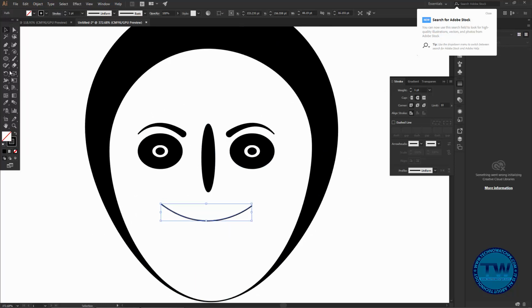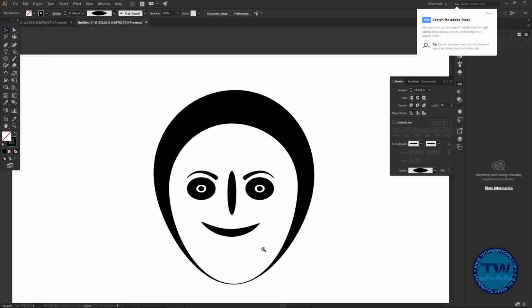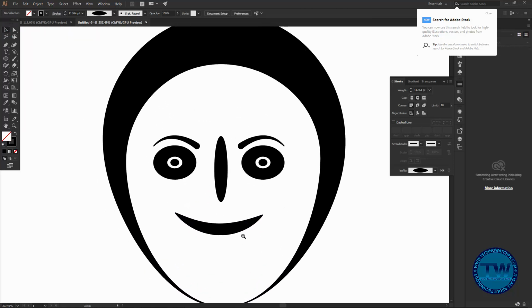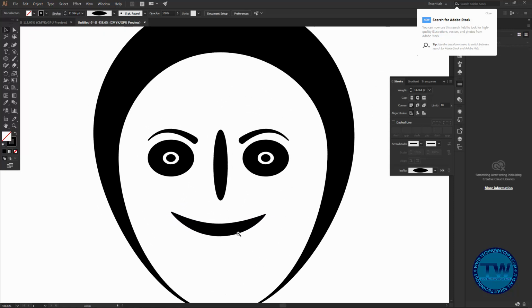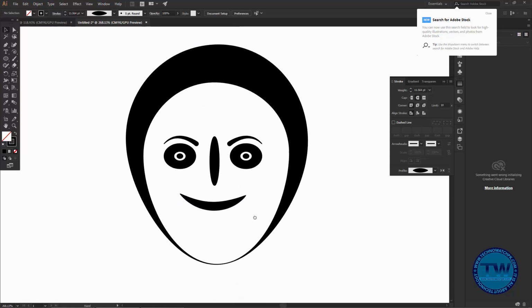And now click again on the width tool and click here at the center of the shape and move towards downside like this. And you can see that we have made the mouth of our character with the help of the width tool like this.